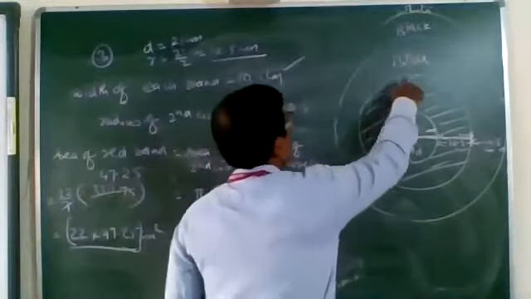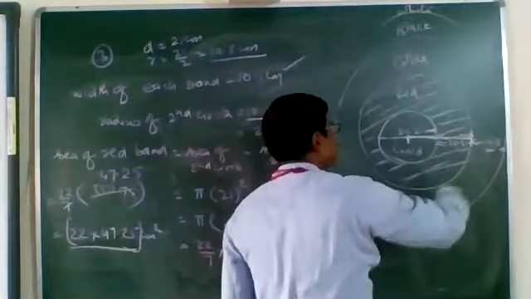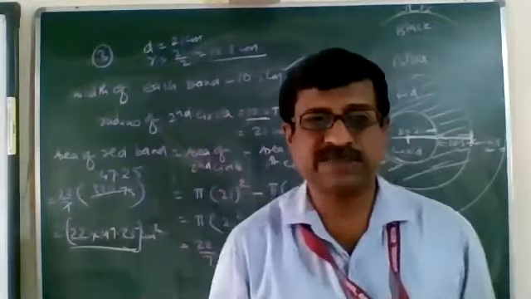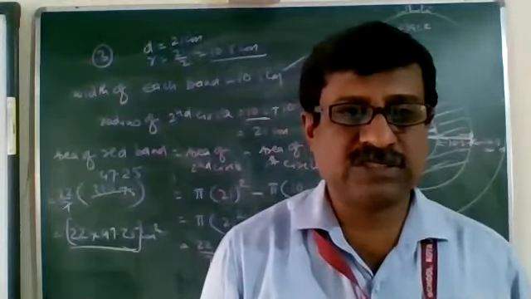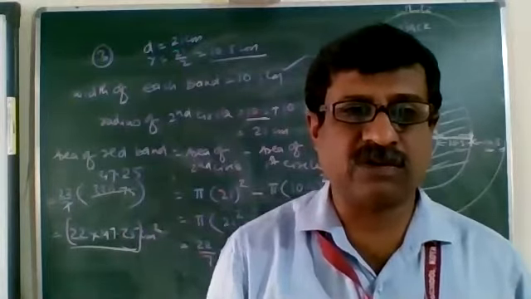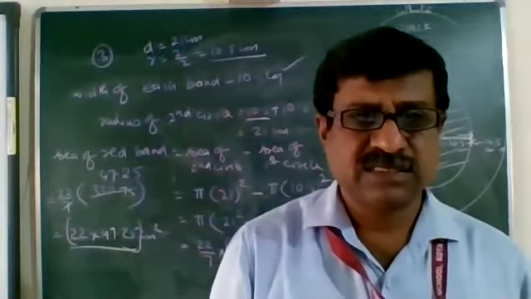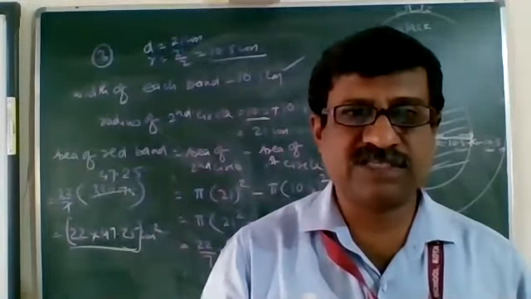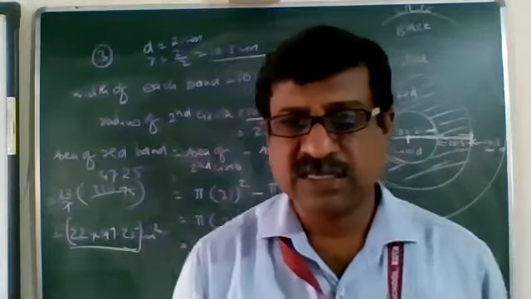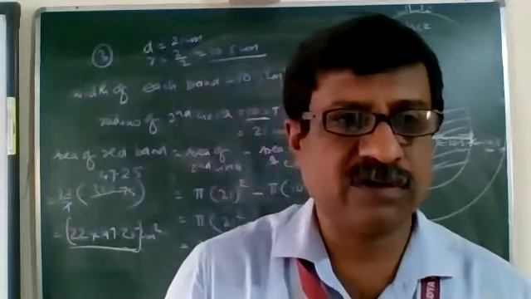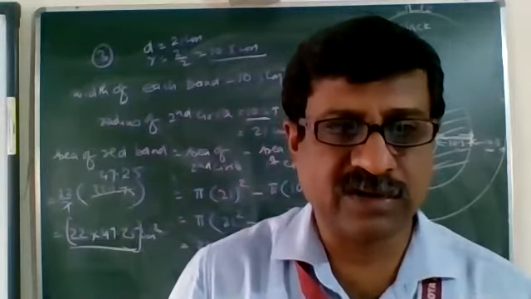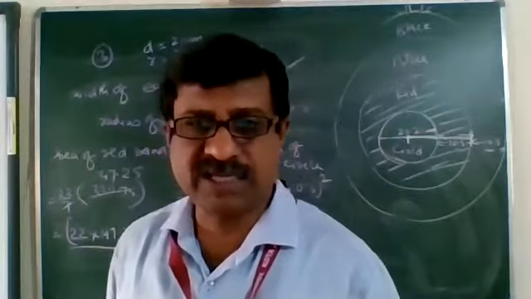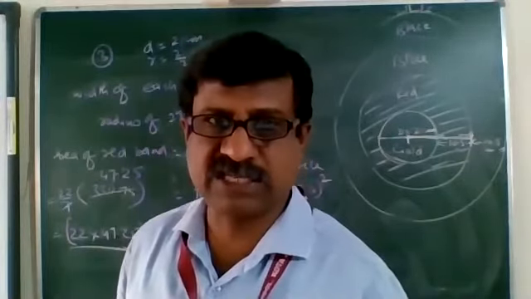To find out the third one, which is blue in color, from the third circle you subtract the second one. Expecting that you understood in what way it has to be calculated. Each of the bands' area has to be calculated. It is not much difficult, only the calculation has to be done. Slight difficulty you'll get in making the calculation. Anyhow, we avoid that. You practice it on your own. Formula is same: area of bigger circle minus area of smaller circle.